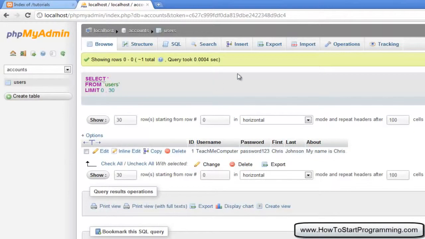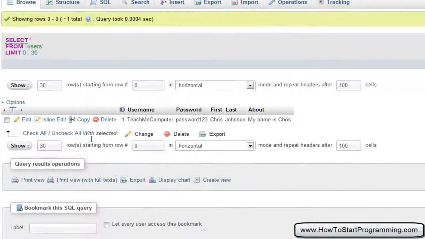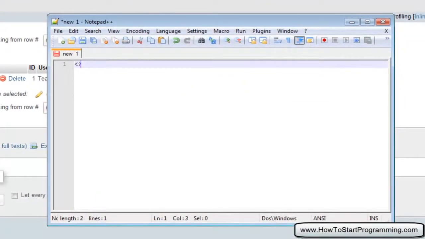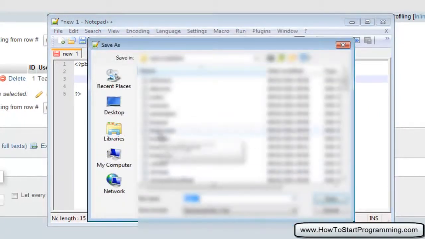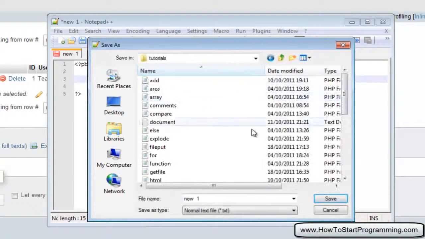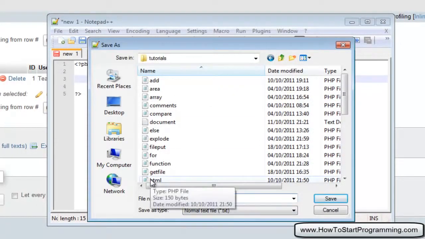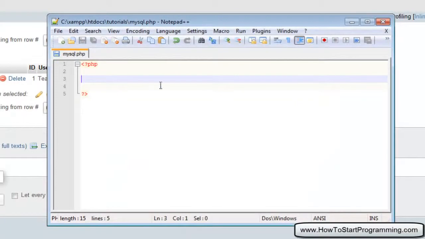So before I end this video, I'm going to show you how to connect to the database first of all, our first little MySQL query. So open up Notepad++, we'll delete this, make our first MySQL query here. So save this as, we're going to go to, hey, sorry about that, I'm not at the correct directory. Okay, we're here. So we're going to save this as mysql.php, and the way we can connect to a database is simply by typing